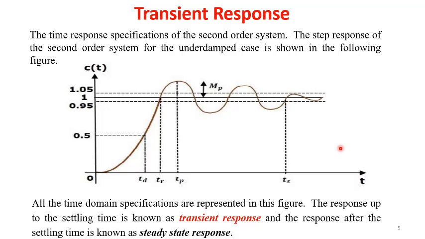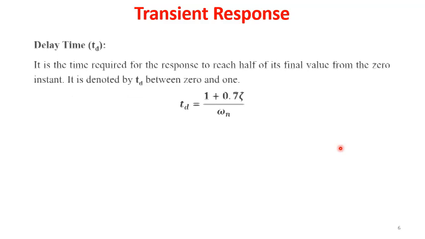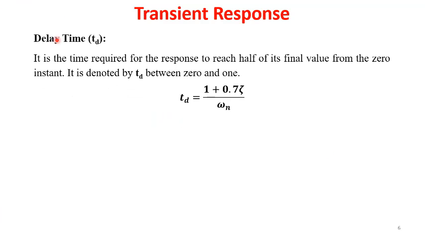Now let's understand the terminologies or the specifications of a time response one by one. First, we need to understand the delay time. The delay time is the time required for the response to reach half of its final value from the 0 instant. It is denoted by TD, and TD is given as